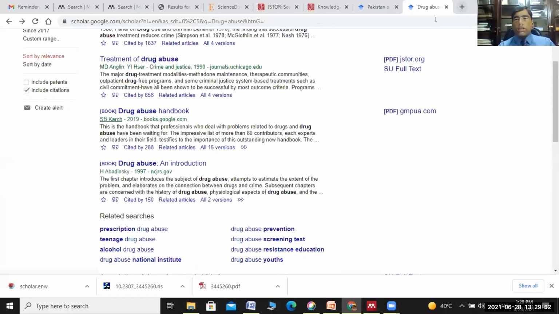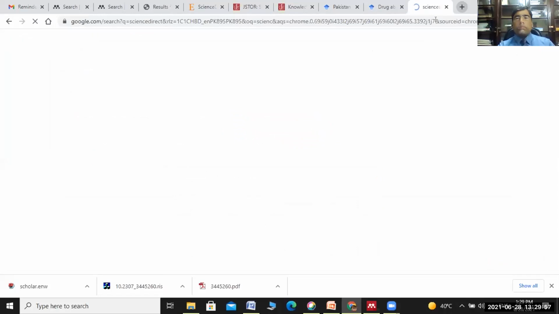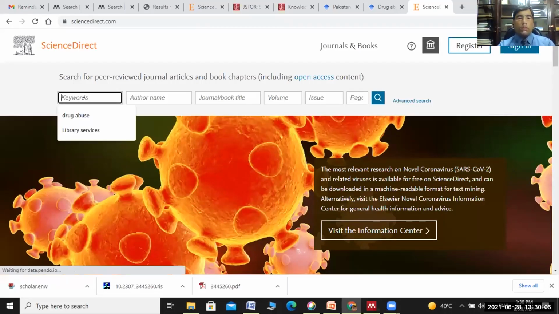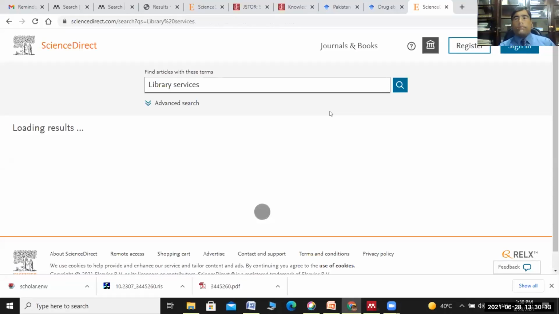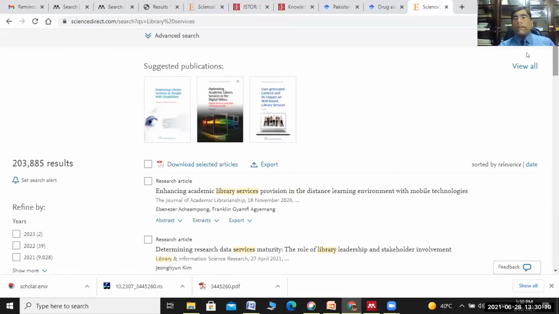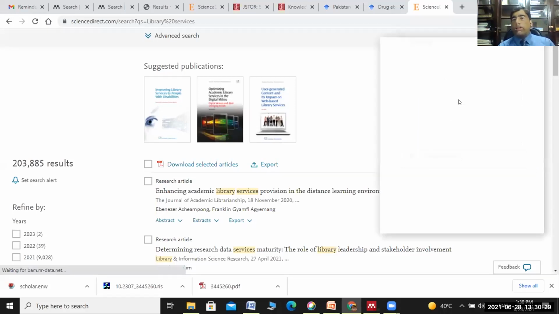So if you go to Science Direct, and search any topic like library services and click search, you would see your results. And if you go to your extensions, in this top right hand corner, you have this extension option, and you have this Mendeley web importer. So if you click that,